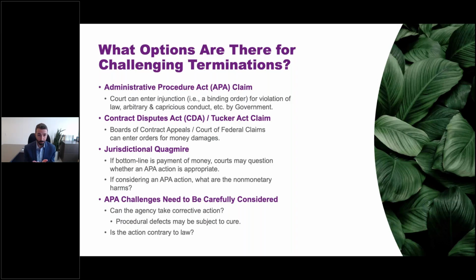Because in that case, then maybe the upside of the action isn't that high, right? But you got to think about that. You got to think about, bottom line, are any of these procedural defects that the government could cure or take corrective action on in a pretty easy way? If you have something that you think is contrary to law, like let's say you've got a regulation or a statute that you think prohibits the government from taking the action it's doing, that could be a stronger APA claim because it's harder for the government to take corrective action if what you're saying is a statute or regulation forbids what they're doing. So you got to think about that, the practical import of it.